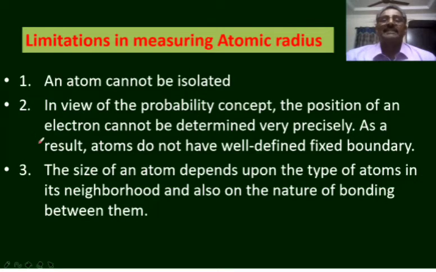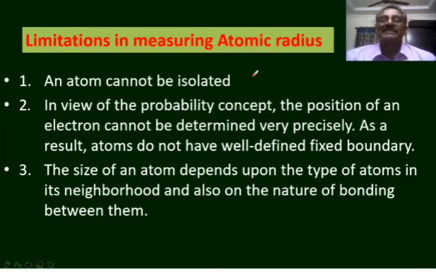The second one is, you know that electron revolves around the nucleus in the form of a three-dimensional wave. The wave spreads in the region around the nucleus. That is, electron is not at a fixed distance from the nucleus all the times.